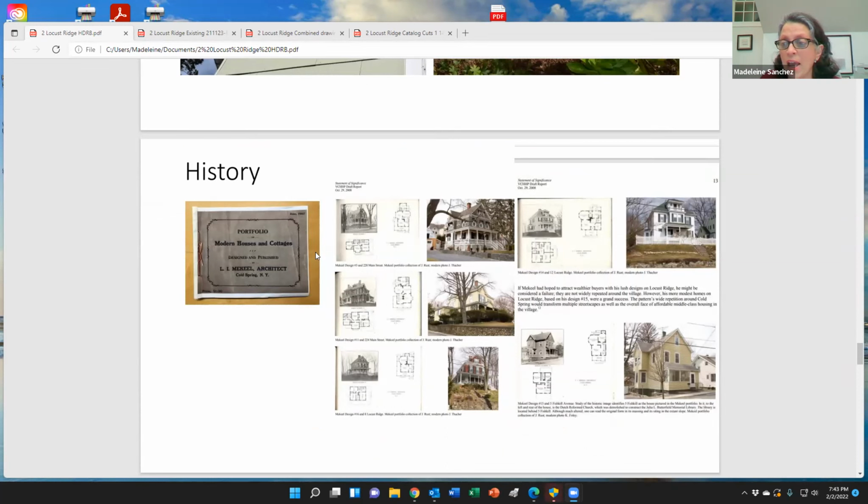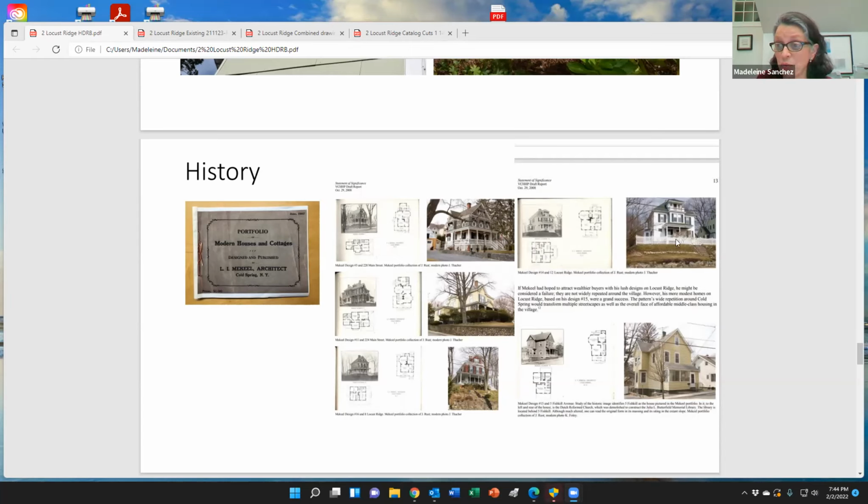his designs. And so many of the designs are in Cold Spring. And I didn't realize this. His houses are all over the village, and they're really quite remarkable. And this one is 220 Main Street. And then this is 224 Main Street. So these are neighbors. And right along on Locust Ridge is 8 Locust Ridge, which is a McKeel design, and